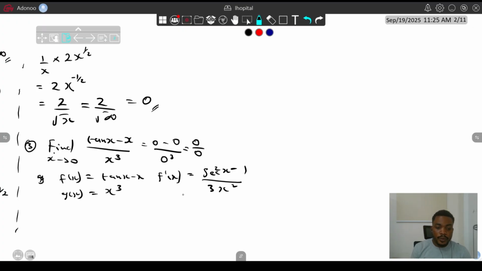So now, if we take the limit as x approaches 0 of sec squared x minus 1 all over 3x squared,